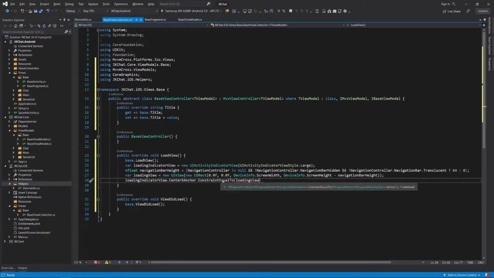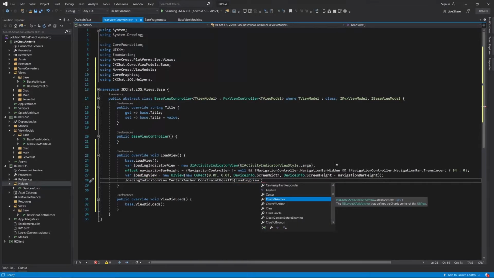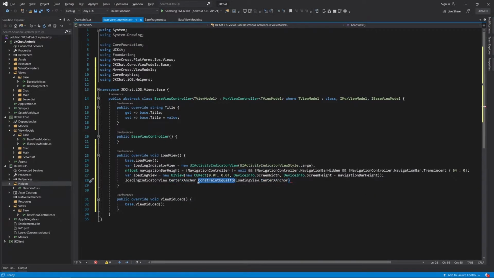What it receives? Another similar. So loading view center will be equal to this center with